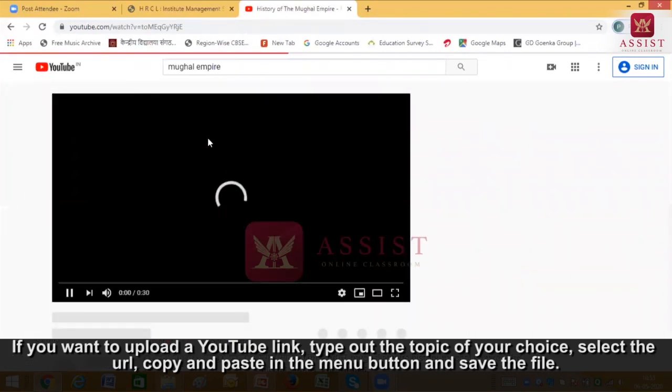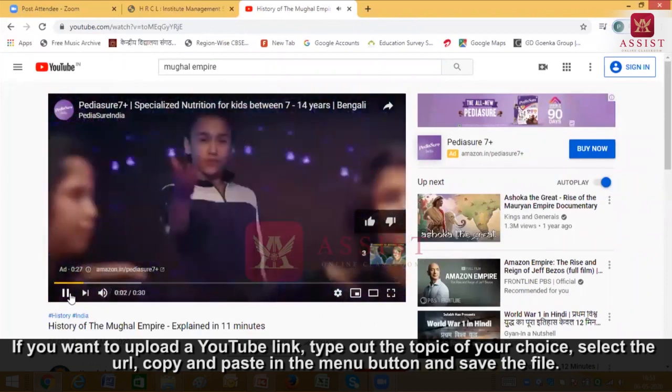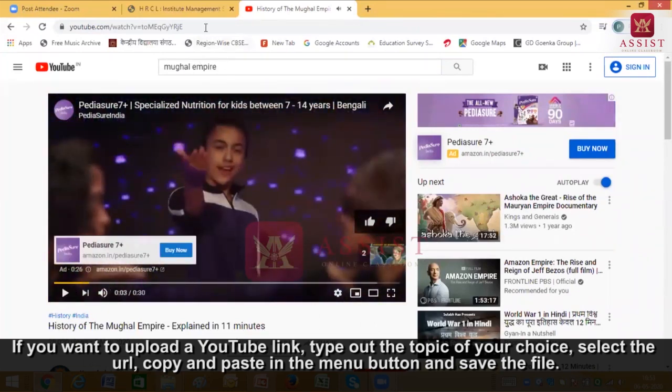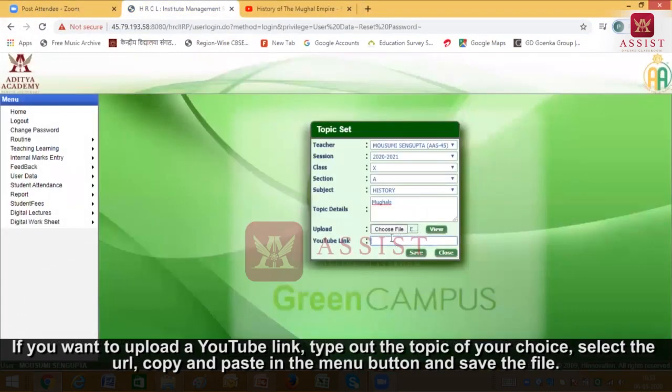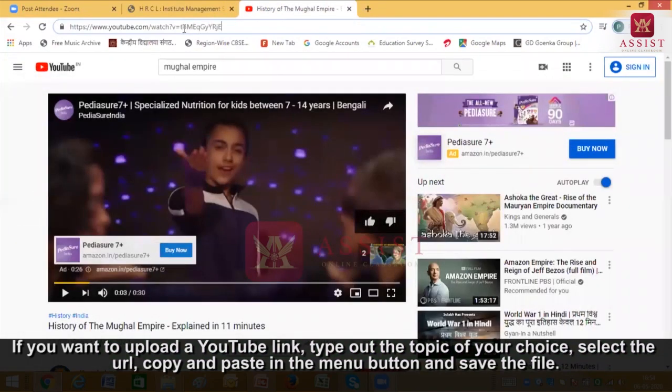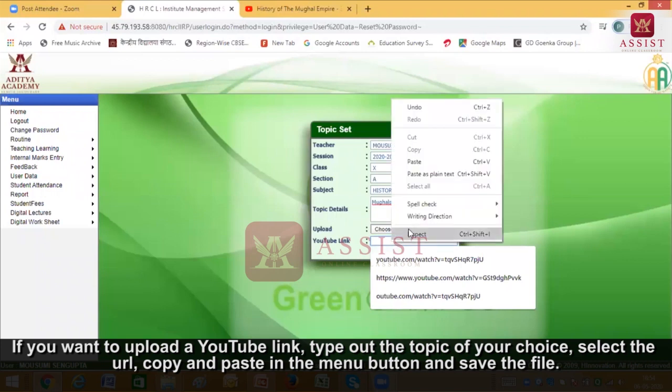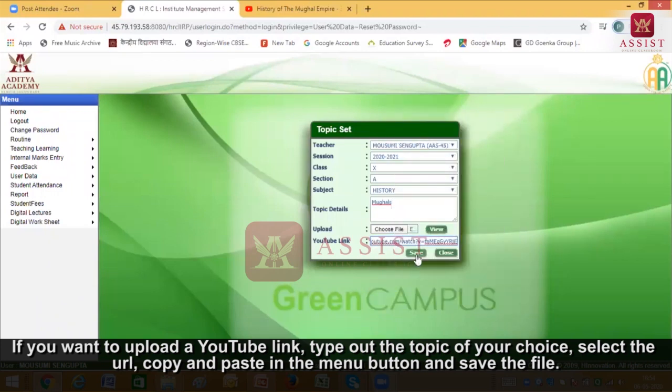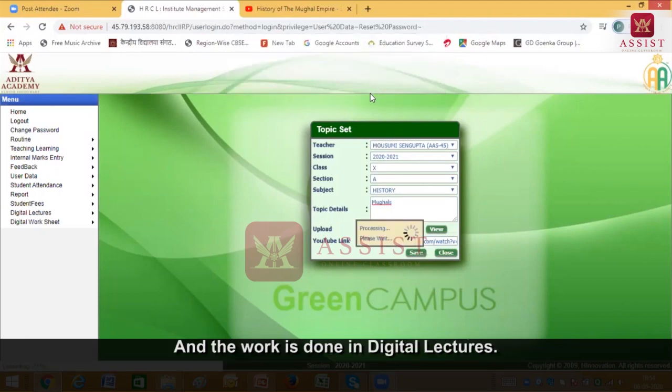You open it up, and what you need to do is just select the URL, copy, and paste it in the YouTube link which you can see in your menu button. Once you have saved it, your work is done in terms of digital lecture.